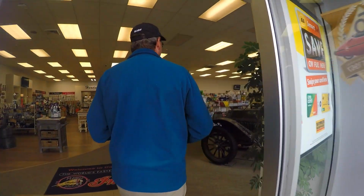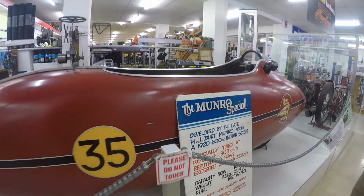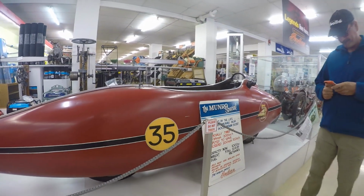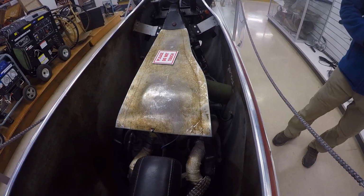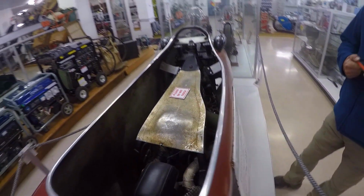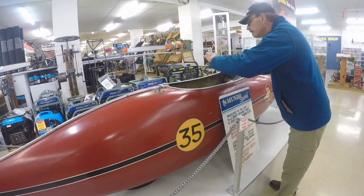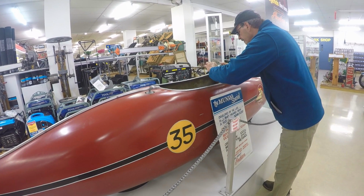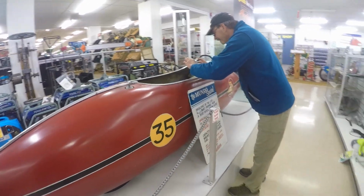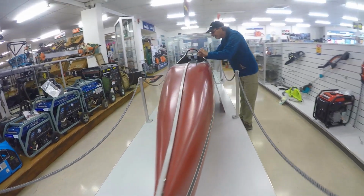Yeah. This is the bike. Let's see if I can get my... So this, as you can see, it's a nice, decent size to look at. I'd often thought about using straight